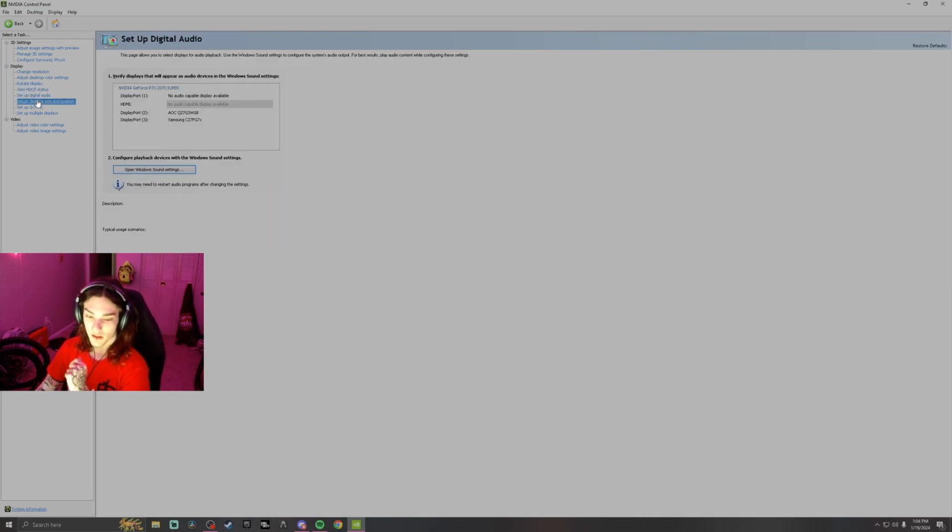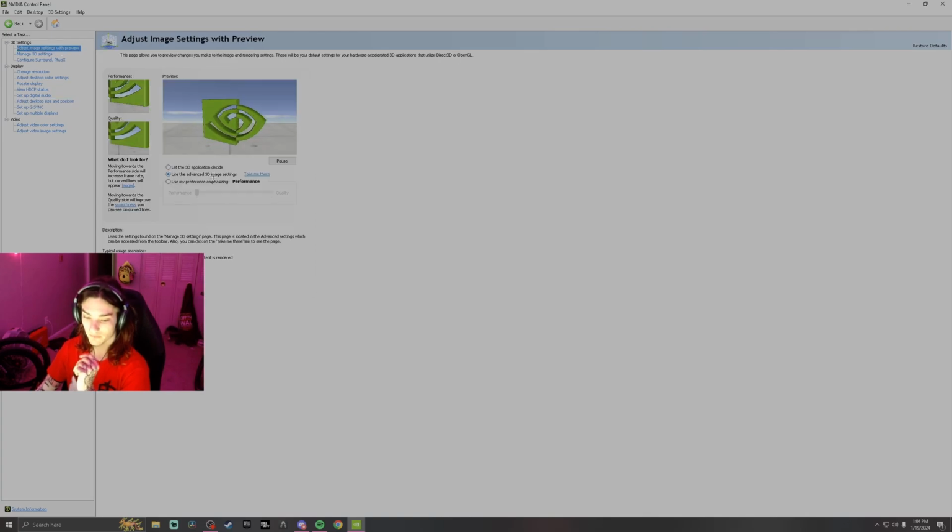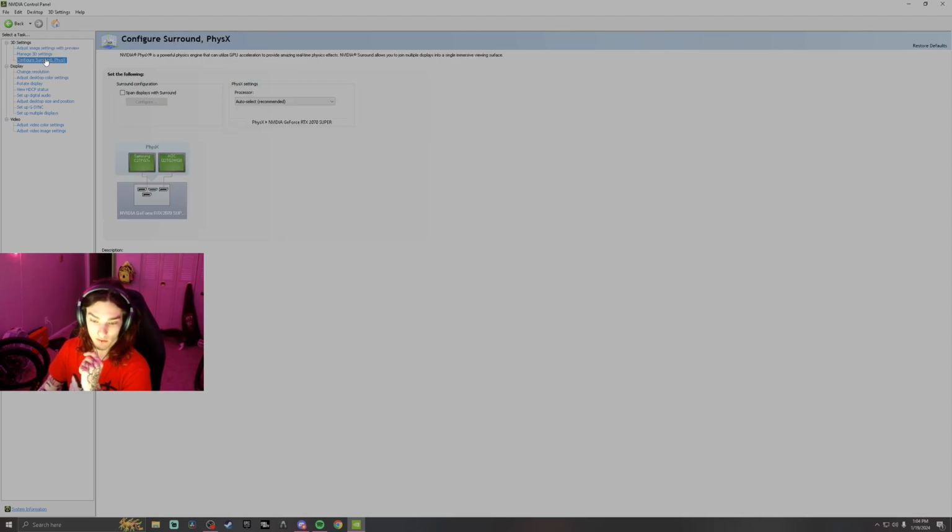Everything else is really not too much to go over. The only other thing you can do is you can adjust your preview image. You can use my preference, which is on performance. It just gets changed occasionally from time to time. Yes, I'd like to save. And then you can go